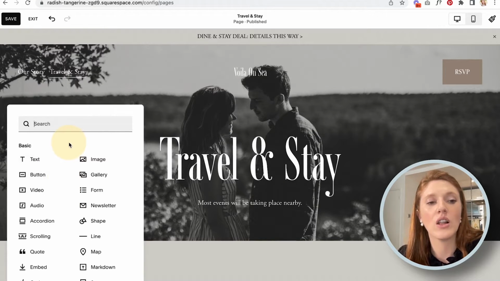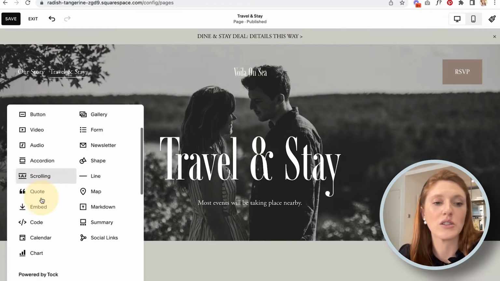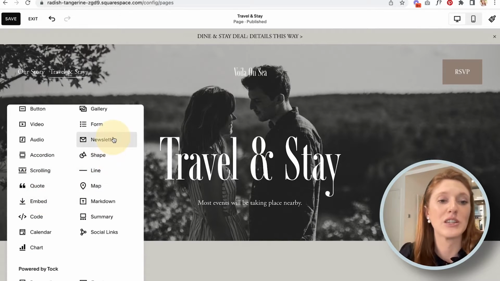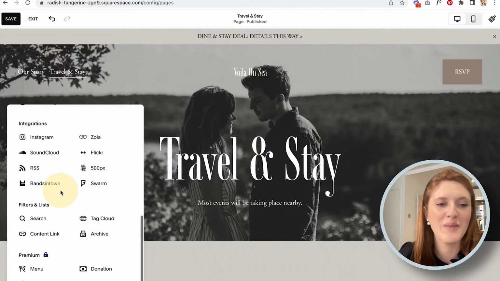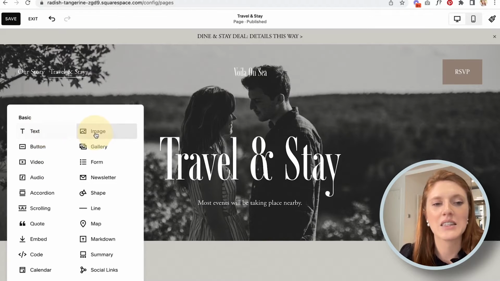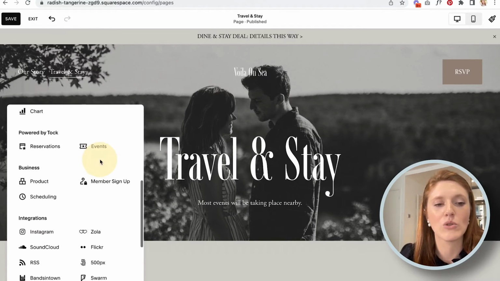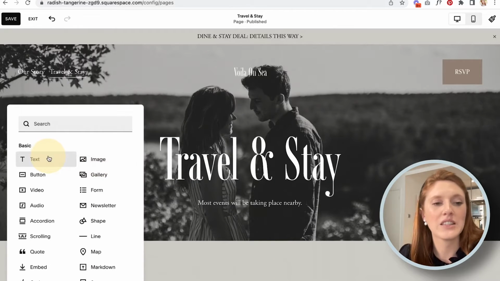And this is basically all of the different types of content blocks which you could add onto your page. So we have text and images and forms and videos and audio and scrolling and lines and shapes and newsletter blocks and maps and a whole bunch of stuff. The ones that you will use most frequently are the ones towards the top, so like text, images, buttons, videos, newsletter, forms. Those are honestly the most common ones, but as you scroll down, you do get into some quite specific ones as well. I won't go through all of them with you today, but let's start with the text